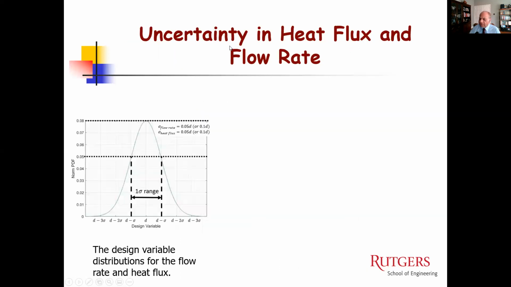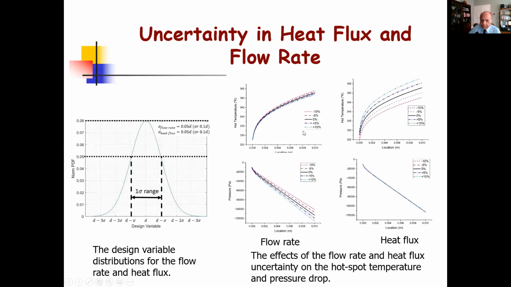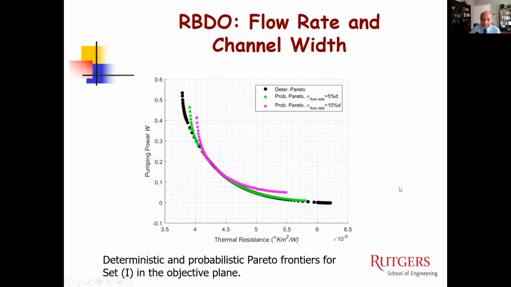Now there is also uncertainty in the heat flux. I'm showing this uncertainty because when you say the heat flux is 50, it may fluctuate plus or minus 5%, plus or minus 10% in a normal curve. That's what is being shown here, the effect of that uncertainty. 5% or 10% can change the hotspot temperature and the pressure, because that uncertainty lives with us. We cannot avoid it. It is always there. Without picking up uncertainty, we really don't get a realistic solution. So here is the uncertainty effect that you can see. For whatever reason it might be there, there's an uncertainty.